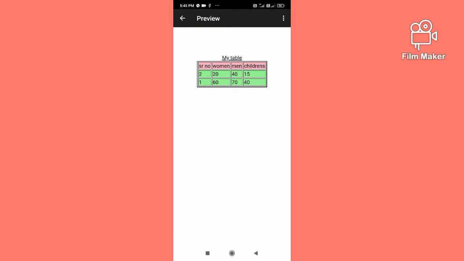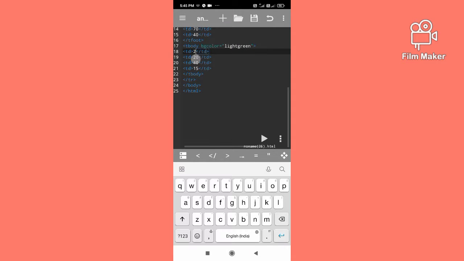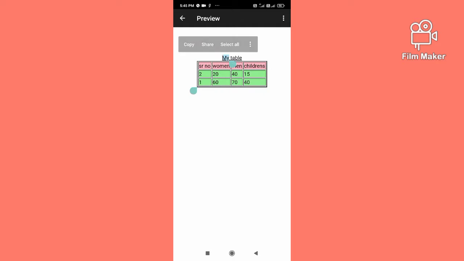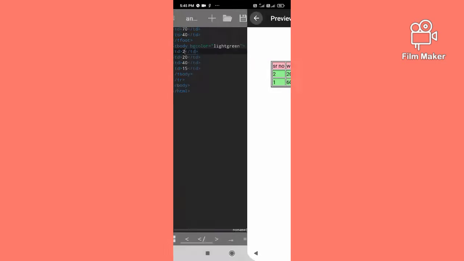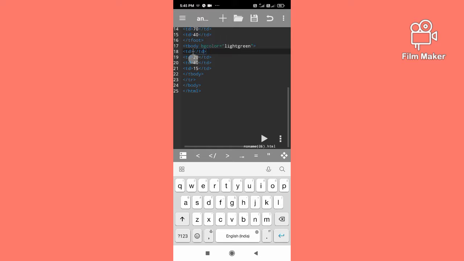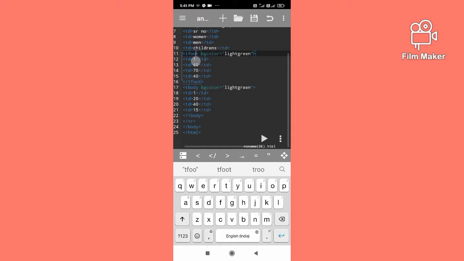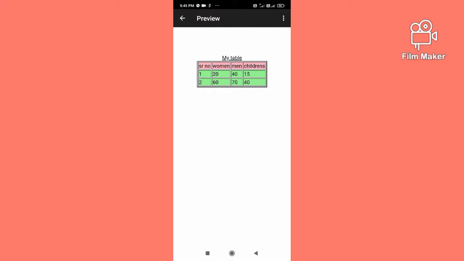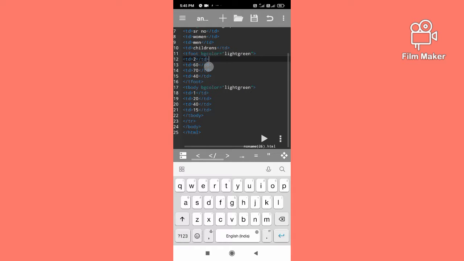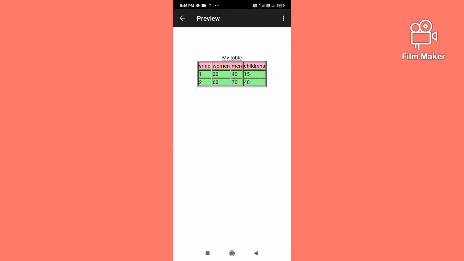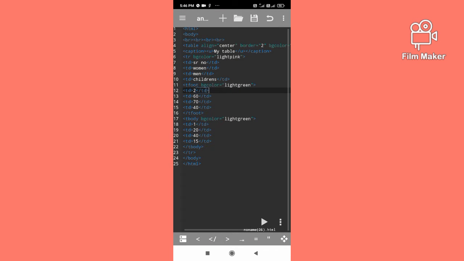See, sorry, what I've written, as I wrote 1 in the foot, so it's coming at last. But if I write it in the body, then it will come in order, so here I have to write 1 basically, and here I'll have to write 2, because I have written 1 at foot, but it will come at last only. So I'll write here 2. Okay, now let's see it is coming. Now what I want is that I don't want 1 and 2. So first I'll show you how to do colspan. That is, all this data first I'll write and show you so that you'll understand more clearly.